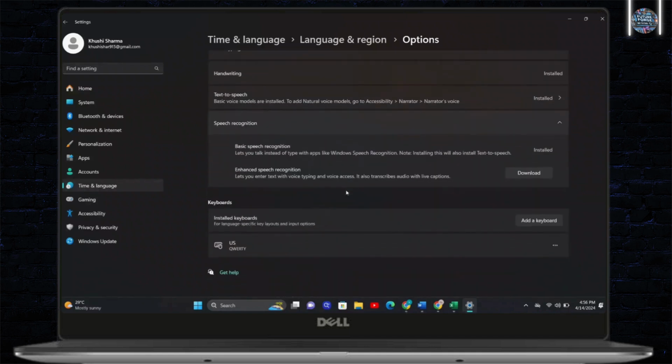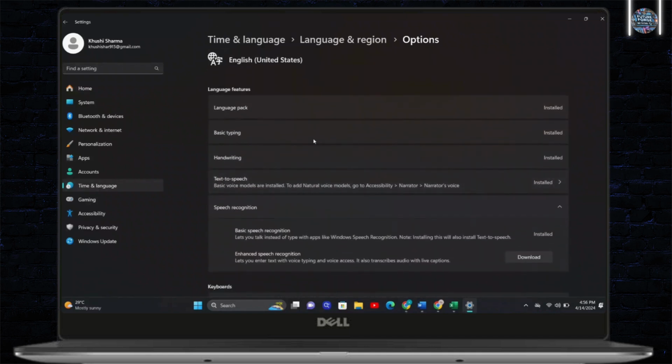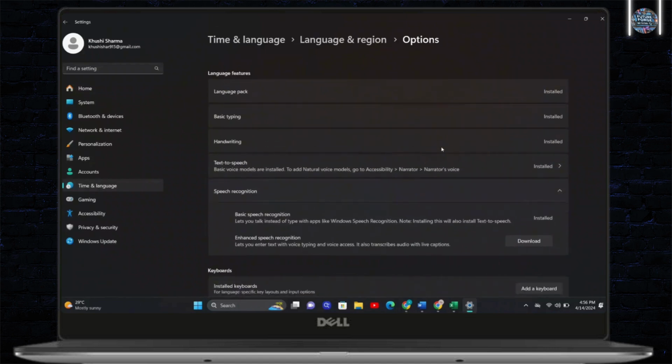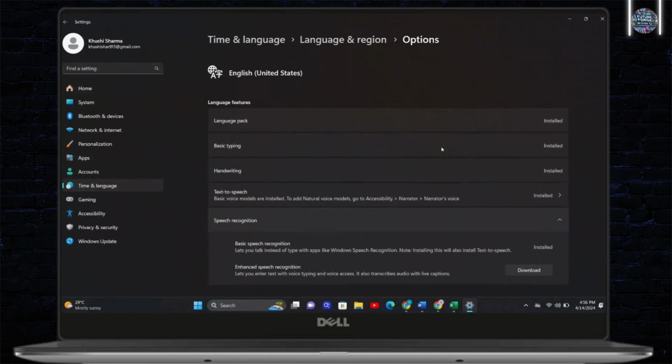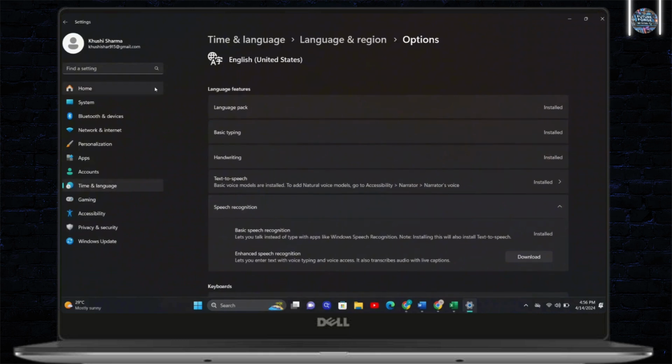you have to make sure that all of these are installed. You have to make sure that your laptop or your device is up to date, and then you will be able to set your English language in your